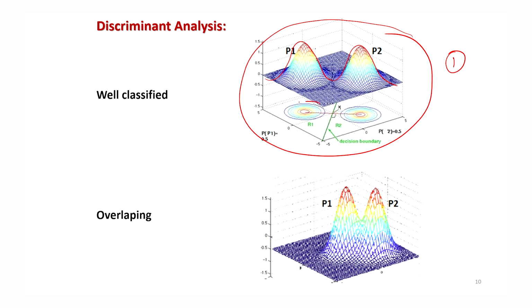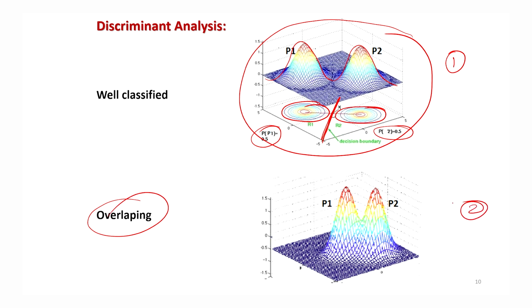Based on that, these are my regions R1 and R2, and this is the boundary. So there is absolutely no issue in this case, and the probability that any observation will be classified into P1 or P2 is 0.5, no issues. This is a very nice picture, but the problem comes when there is an overlapping of these graphs, as in figure number 2. You can see now, this is the area where you don't know whether, if an observation comes here, it will belong to population P1 or P2.